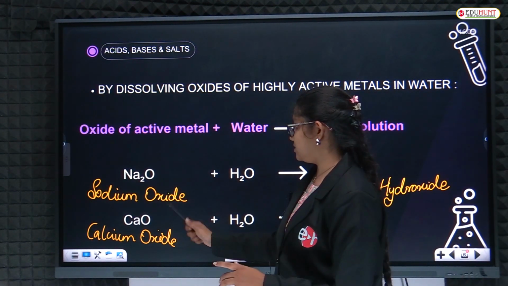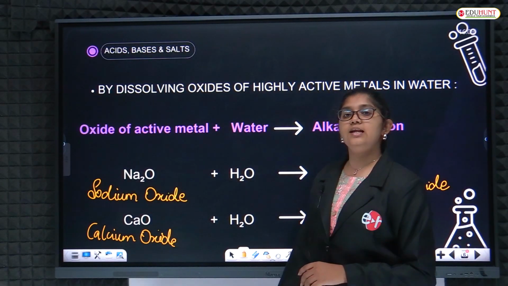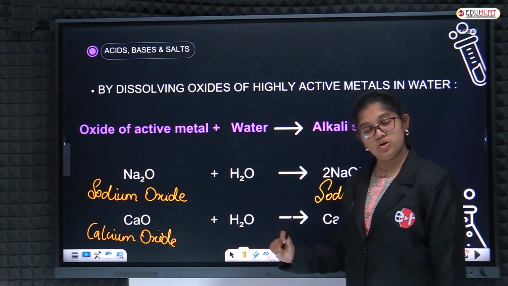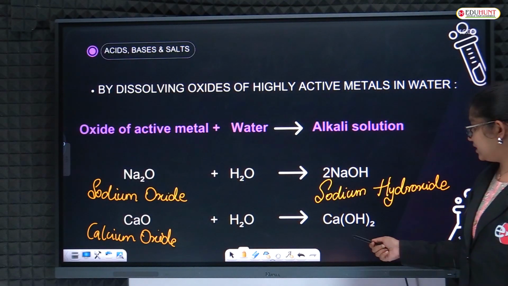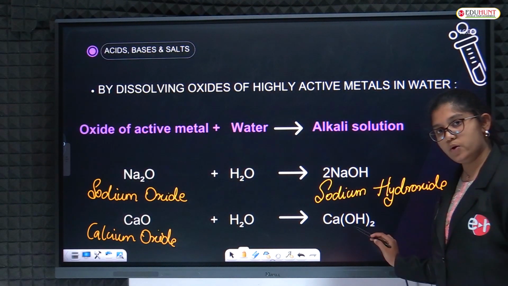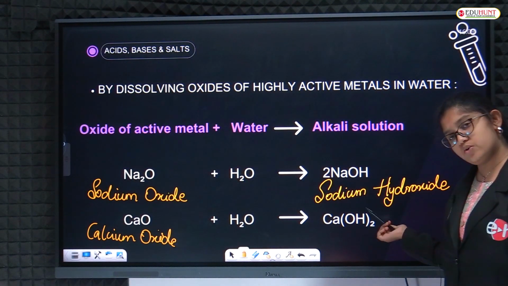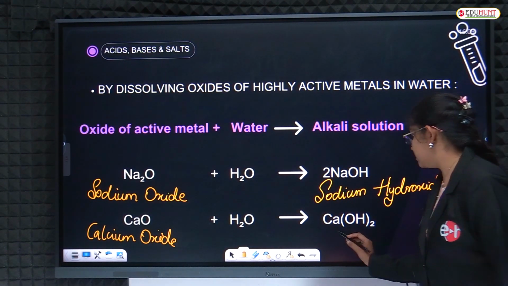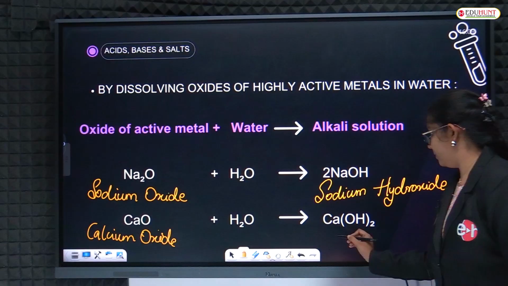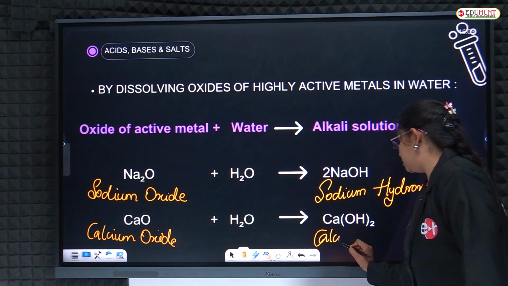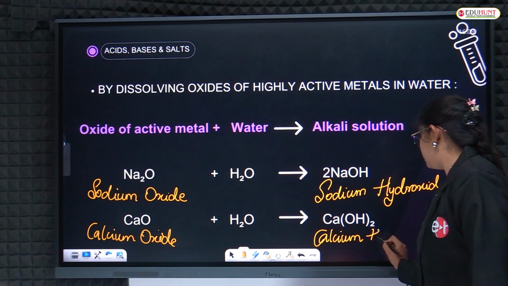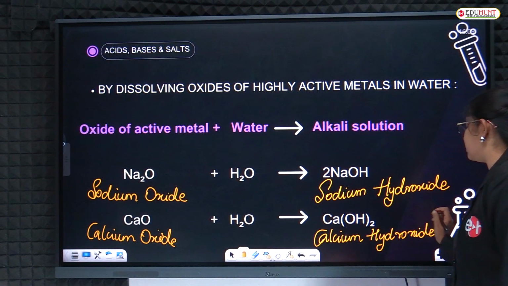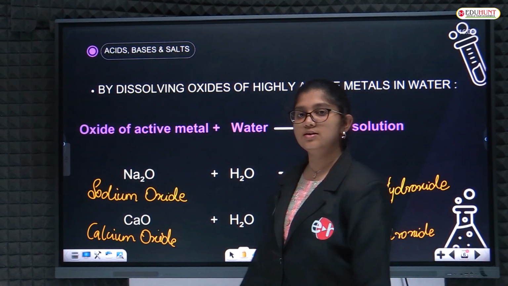Okay, children? So, CaO is named as calcium oxide. Once again, calcium oxide. To this we are adding water molecule again. What do we get? We get calcium, what is this? OH twice. OH means hydroxide, you know. Because of the valency we get Ca(OH)2. Ca means calcium. OH twice. Very good. Hydroxide.